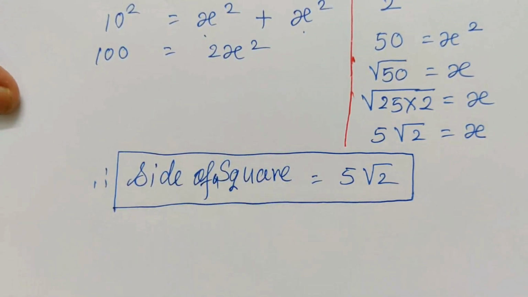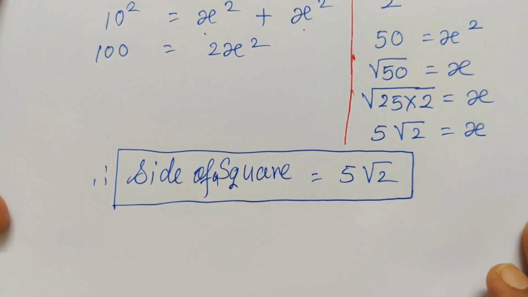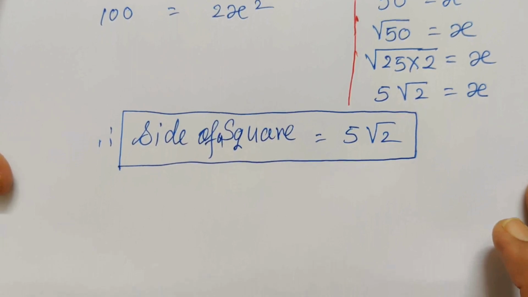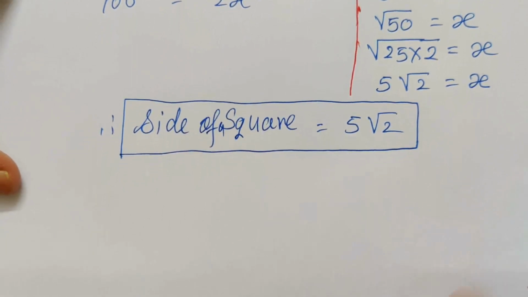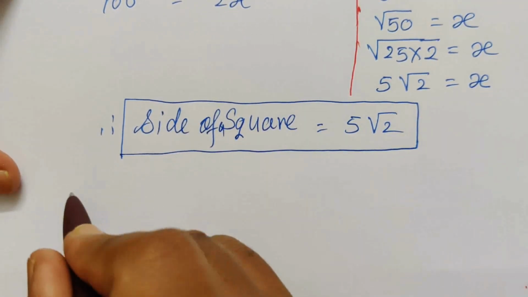Second question is find the perimeter. You know the definition or meaning of perimeter. Perimeter means sum of all four sides. It is a square and it has four sides. That means sum of all four sides. As we know all four sides are congruent, so we will add it and we will get it.